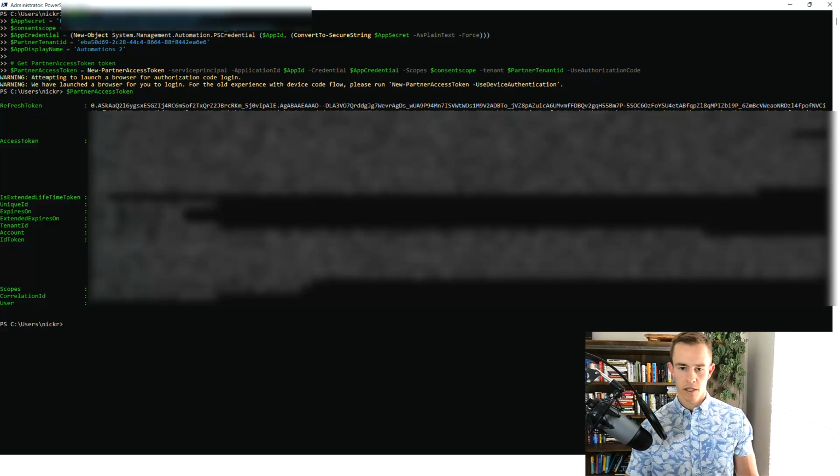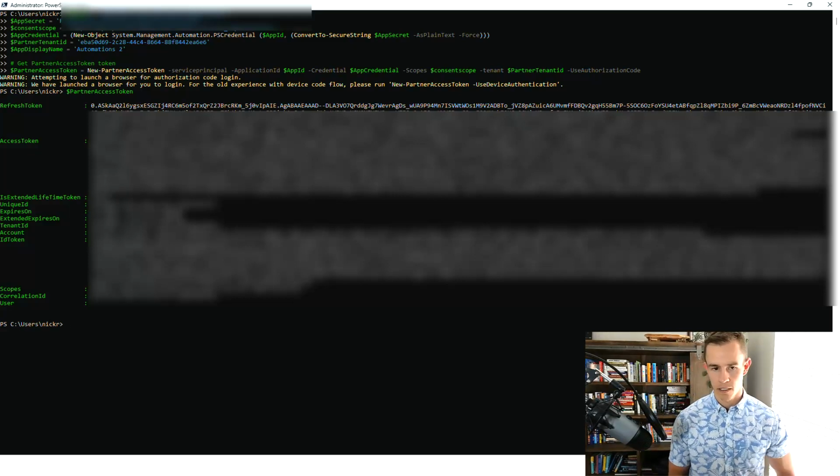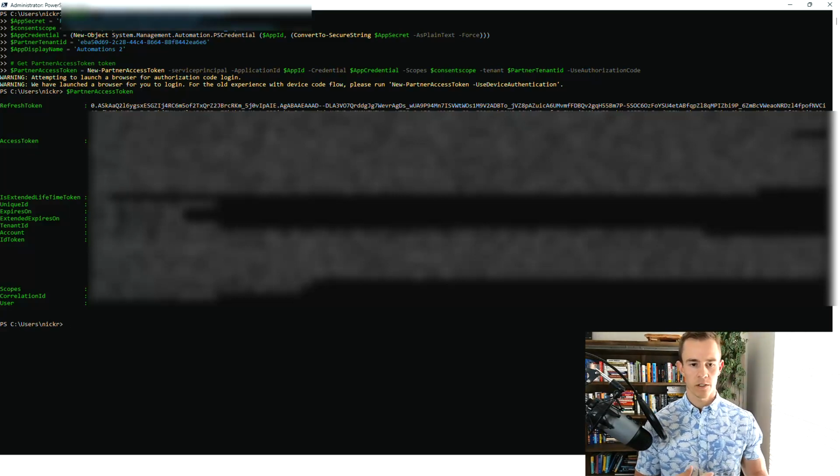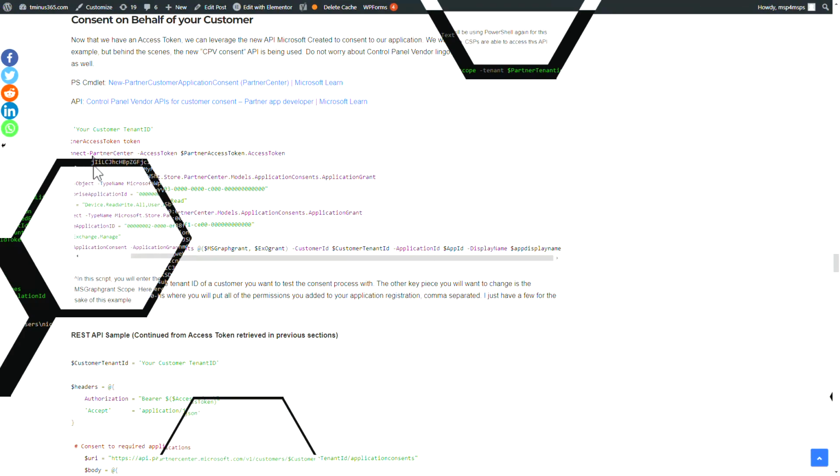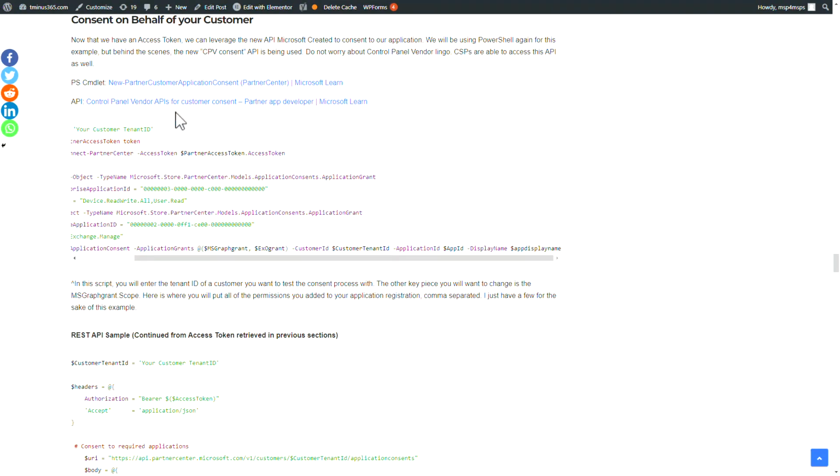So it is something that you have to go in and re-authenticate to get a new refresh token that you'll be able to use in your downstream scripts that you're leveraging, things like that. There are also scripts that you can use to automate that process as well, which I'll link in the article. So the next thing that we need to do is consent on behalf